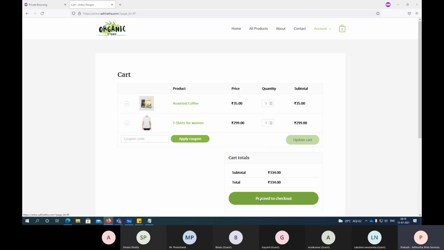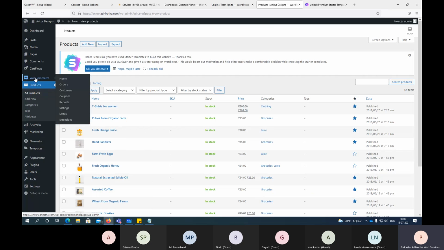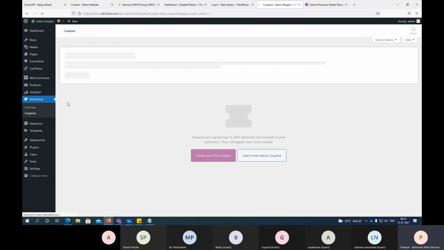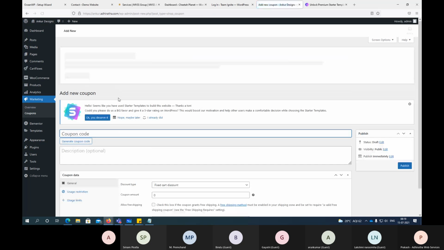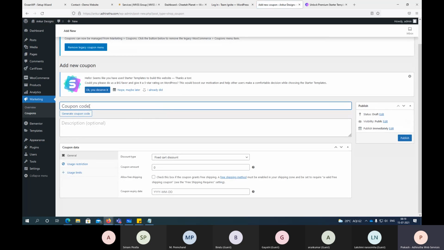If I have a coupon, the coupon also can be added here. So WooCommerce coupons, maybe you are promoting a special sale for this week, right? So create your first coupon. You're giving an initial discount like this.